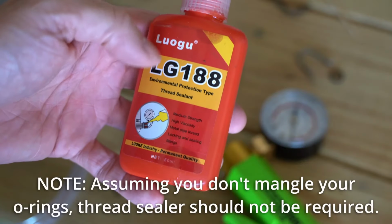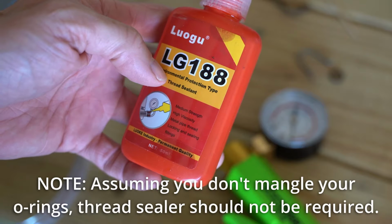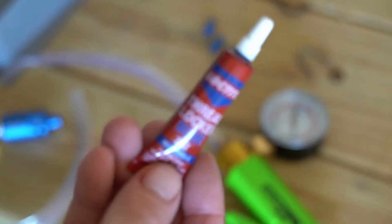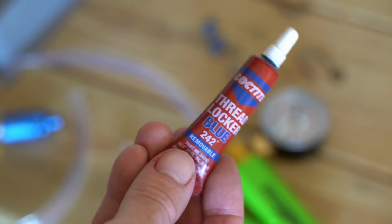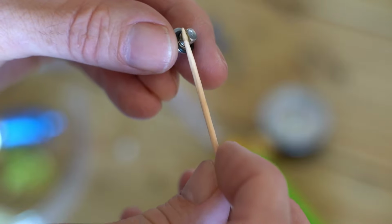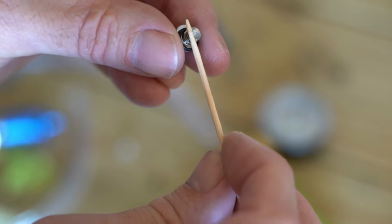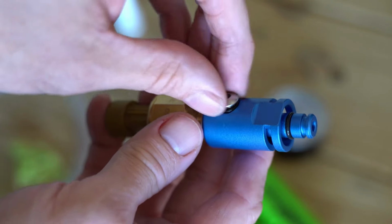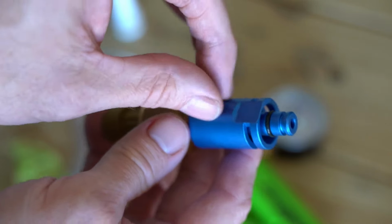I'm not going to necessarily replace it, but I'm going to go ahead on the safe side and add some thread sealant to these little plugs. If I didn't have that, quite frankly, I would just use a blue thread locker. This thread sealant is designed for hydraulic fittings, and I've used it when I put my quick jack fittings together. So it will work in addition to the O-ring to ensure that those threads get sealed up